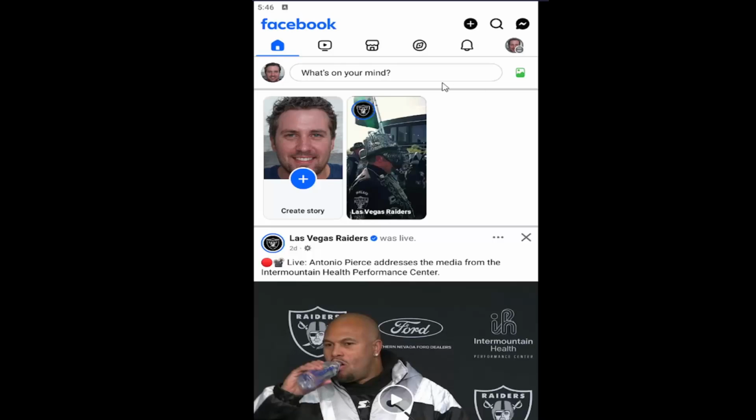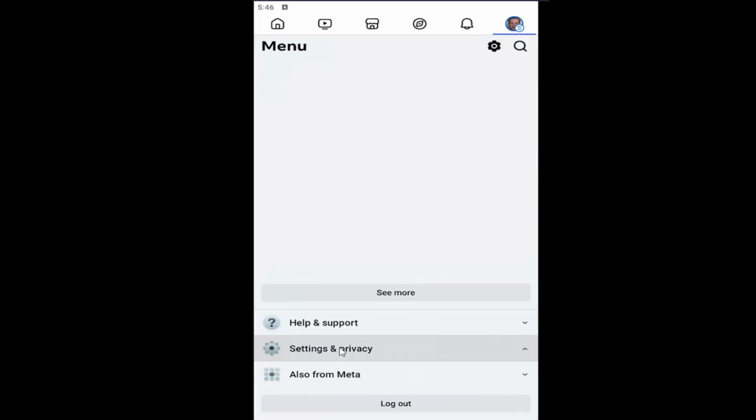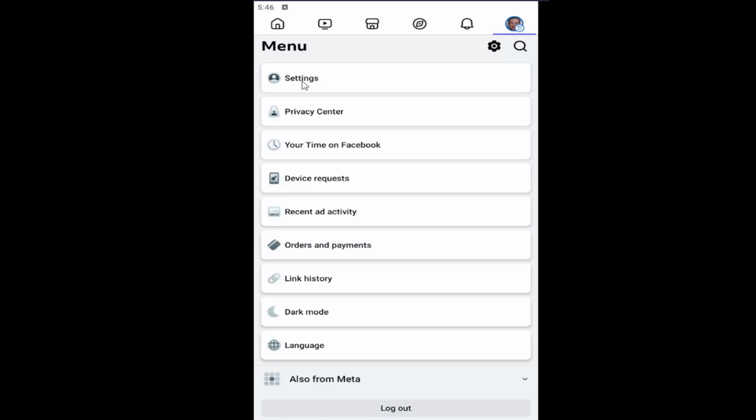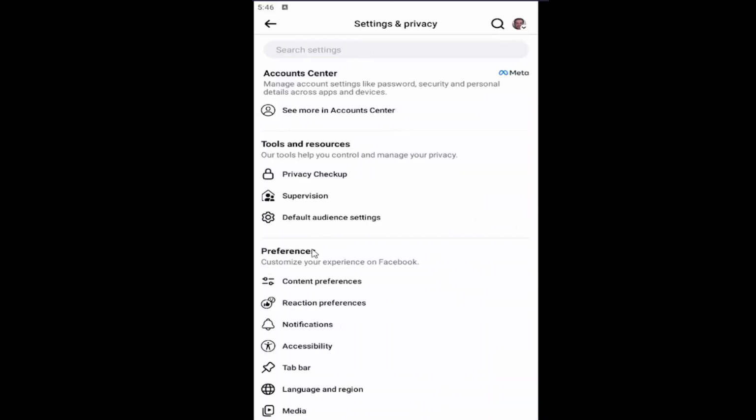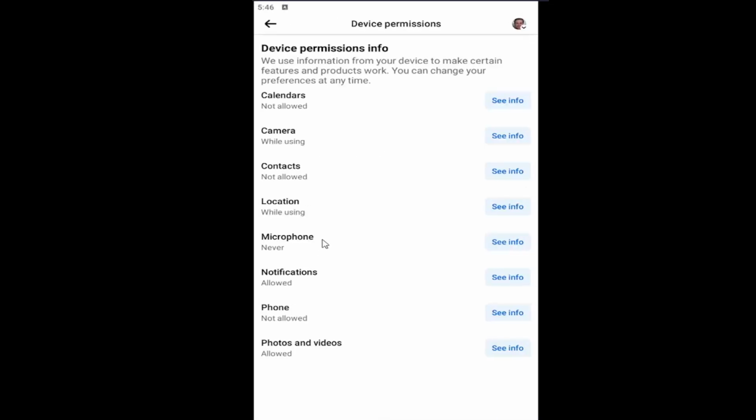So what I have to do is open up the Facebook app and select your profile icon at the top right. And you want to go down and select Settings and Privacy. Underneath Menu, select Settings, and then scroll down underneath your activity, and you want to select where it says Device Permissions. So if you want to give Facebook access to your device's calendar, you can select the See Info button,